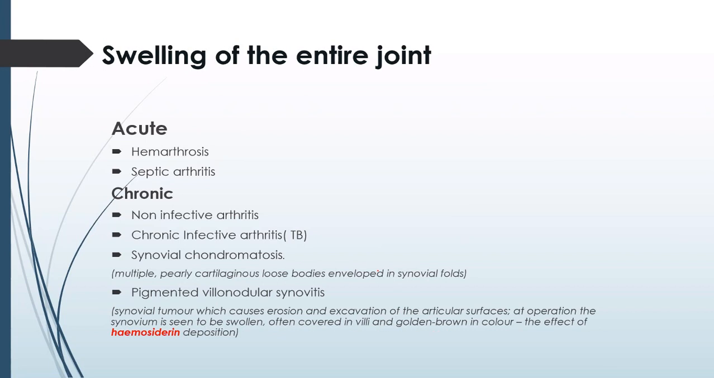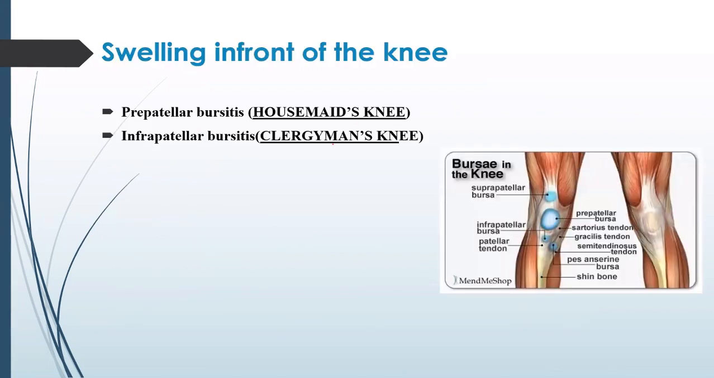And the other entity, we have swelling in front of the knee. As we all know, the knee has more than 10 bursas. What is the bursa? Bursa is a reflection of the synovial membrane. It has double layers. It prevents the friction